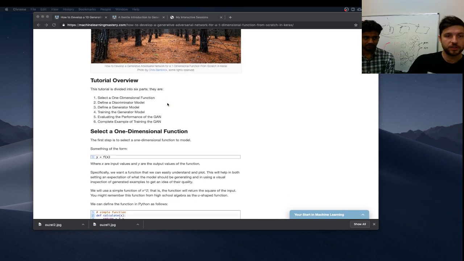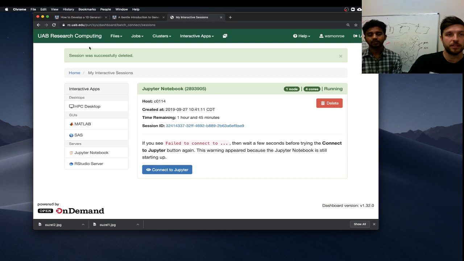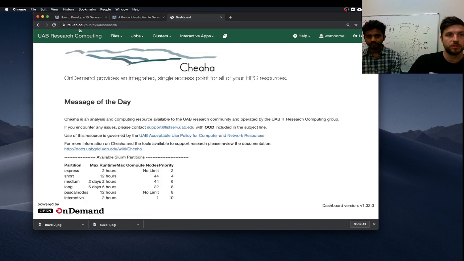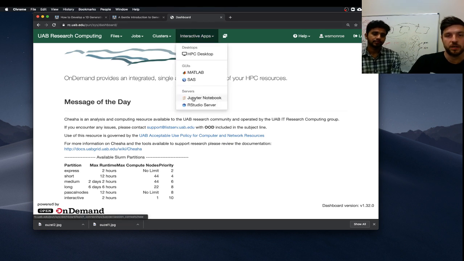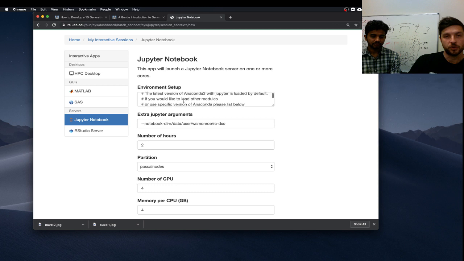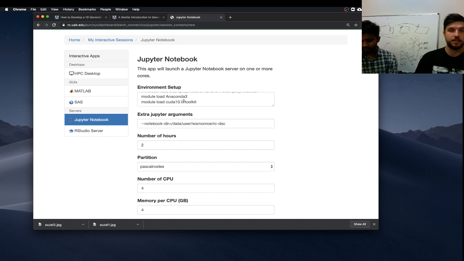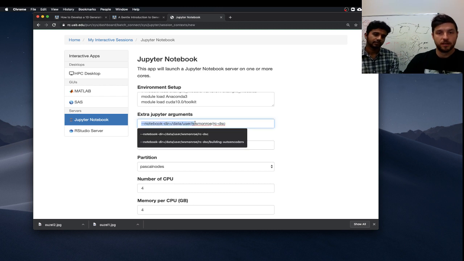So first things first, we need a Python environment. So we're going to go to the UAB Cheaha resource, which is at rc.uab.edu, and we've gone to interactive apps and started up a Jupyter notebook. If you have done some of our tutorials in the past, you know we have an Anaconda environment that we're going to use called Notebook of the Week. We're going to go to the directory that we generally keep our tutorials in, which is in our data directory, and then